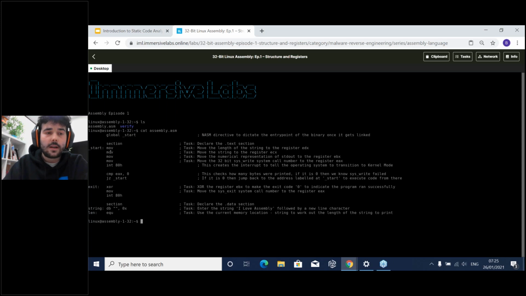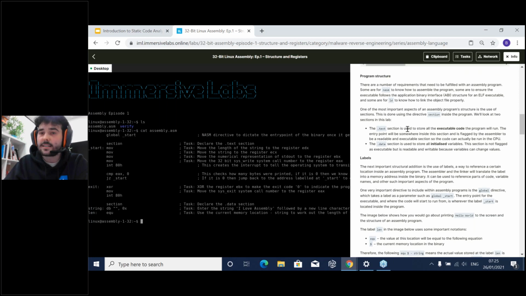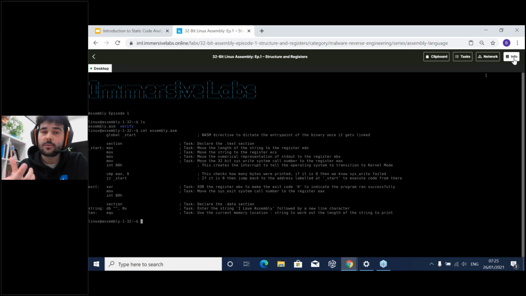You can see here we've got the generic structure, the skeleton of the assembly file has been created for you, but you need to go and actually complete each of the ones that say task here. So declare the .text section, and that was the thing that I was on at the moment. The .text section is used to store all the executable code the program will run. The entry point will be somewhere inside this section and flagged. The point is that we want to give you information around why you're learning something, but also give you the practical exercise to start messing around with